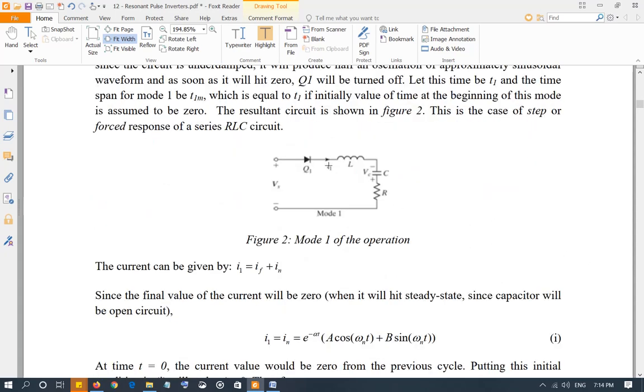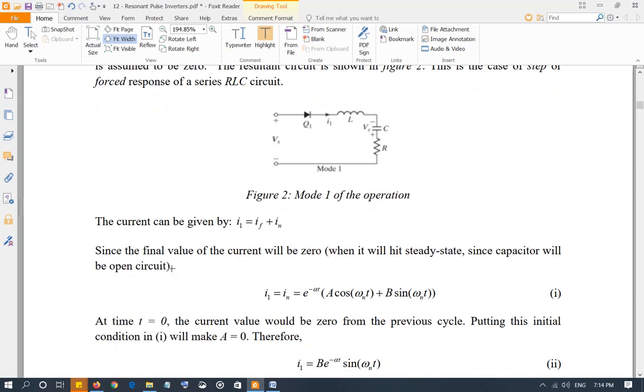So if we calculate the value of current here, again, go back to circuit analysis. It is a step function, so we need the complete response of the current, and that response is simply the steady state value or the final value plus the natural response. Now, the final value of the current is going to be 0 because it is going to produce one pulse, or half sinusoid, sorry, one pulse. So at the end of the pulse it is going to be 0, and at the beginning of the pulse it was 0. So the final value of the current will be 0